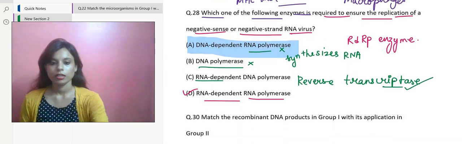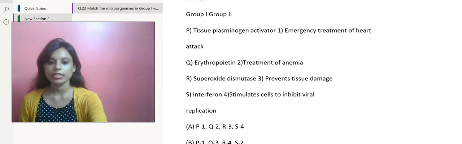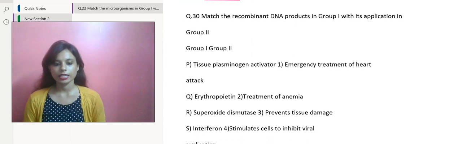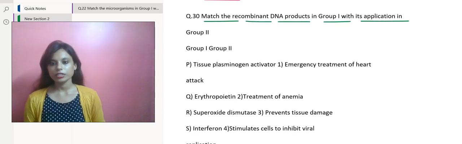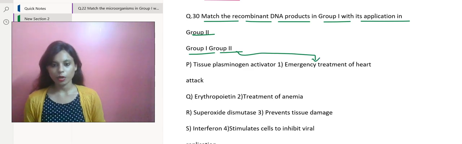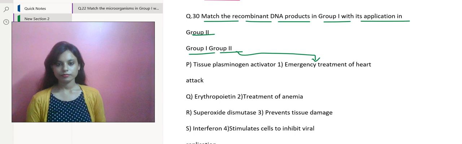Now let's move over to the last question for today's class. Let us match the recombinant DNA products in group 1 with its application in group 2. The letter side is group 1 and the group 2 side is the numbering part. It's not given in proper columns, so let us try to group them together. Starting with the tissue plasminogen activator, it will go with